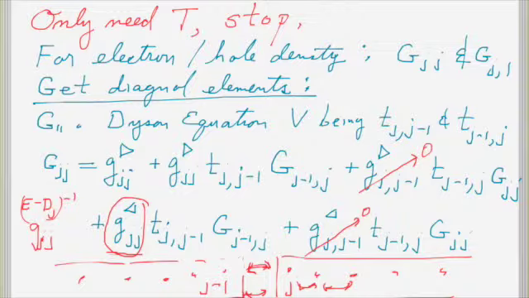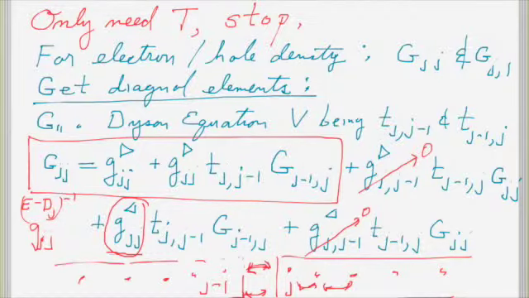Okay, so given that, we have to write this just as before. So now we've got this, all that, we've got that. And we have to write another Dyson equation for the thing that crosses the boundary. So G, j minus 1 comma j